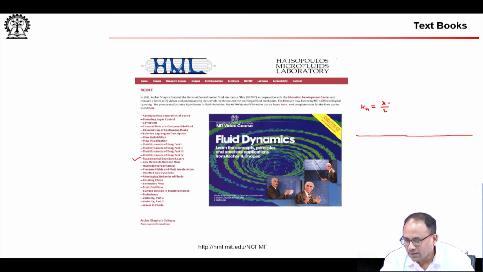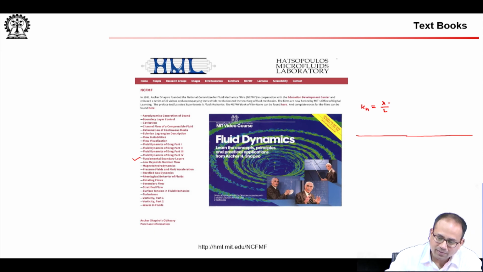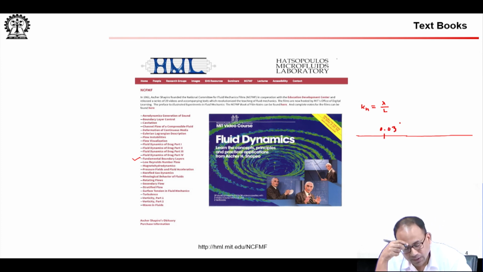But what I am saying is, if you are re-entering from orbit, you might hit very rare portions of the atmosphere where the mean free paths are large enough, and you have these two important ranges. Remember that for the compressible behavior we had Mach number of 0.3. Here there is a Knudsen number of 0.03, below which